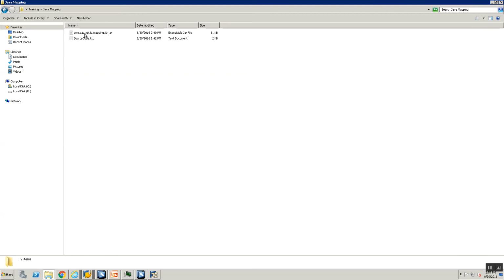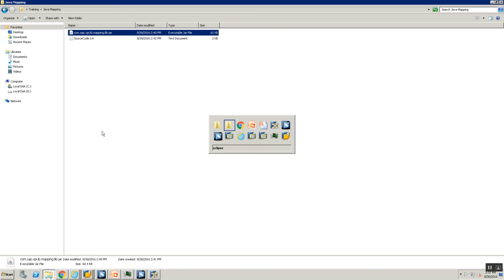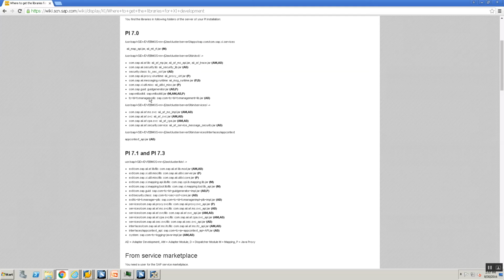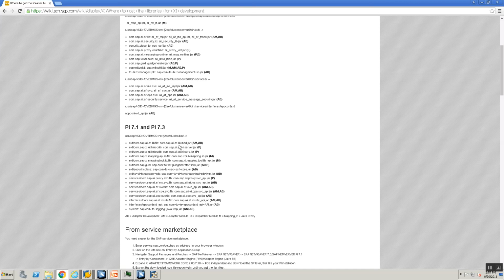The jar file that we need is com.sap.xpi.lib.mapping.api.jar, and that would be documented in this documentation as to what is the location to be used and so on. Okay, so here we go, it is available in this particular folder.